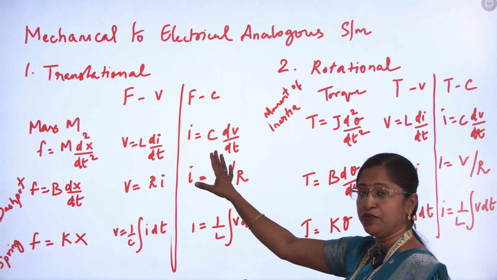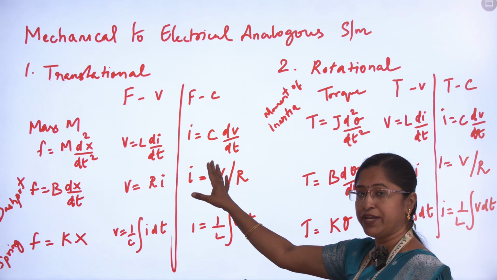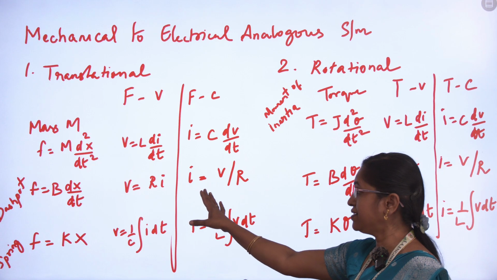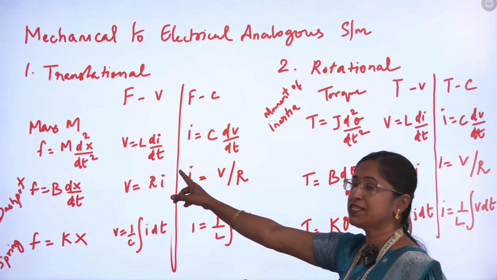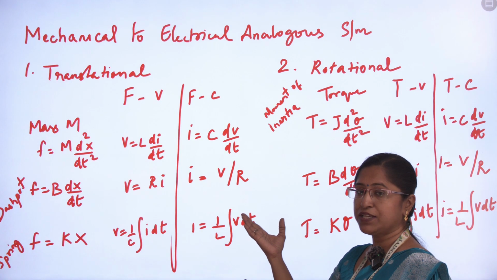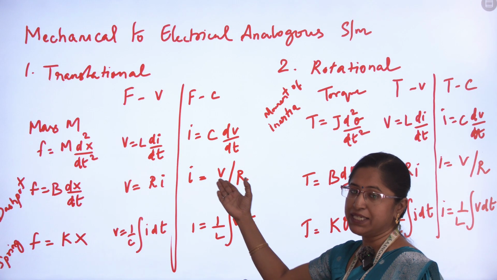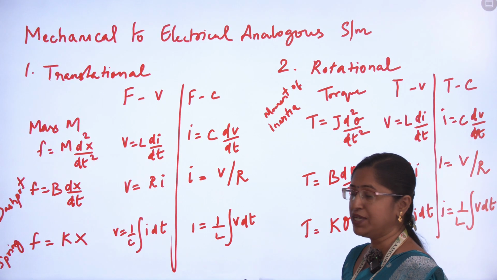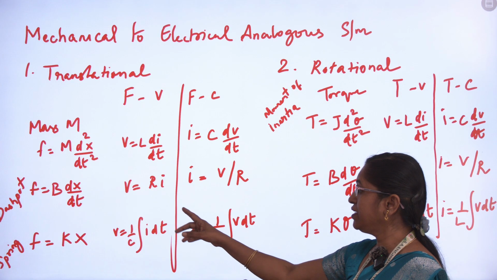In case of force voltage system, where your input is voltage for electrical system, you can represent your mass by inductance L, and therefore the relationship is V is equal to L di by dt. I is the current flowing through the circuit. And similarly, when